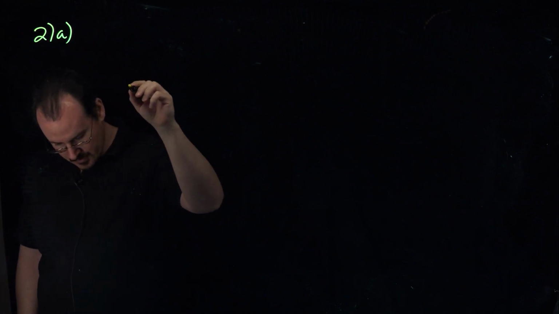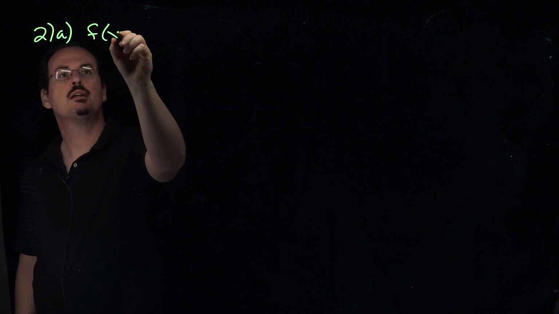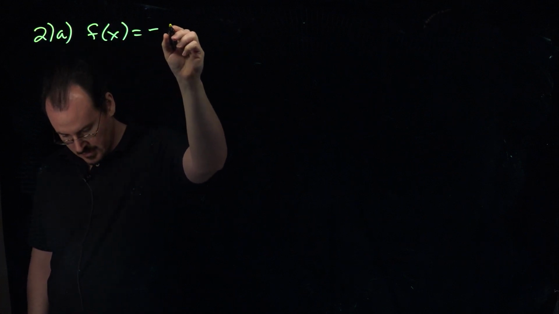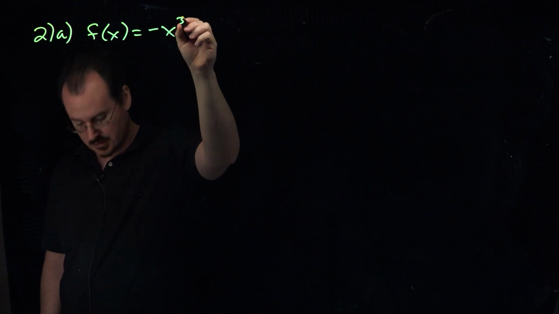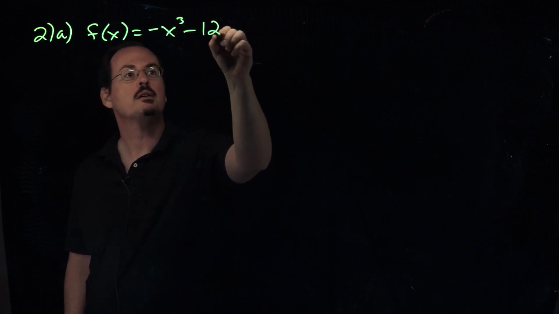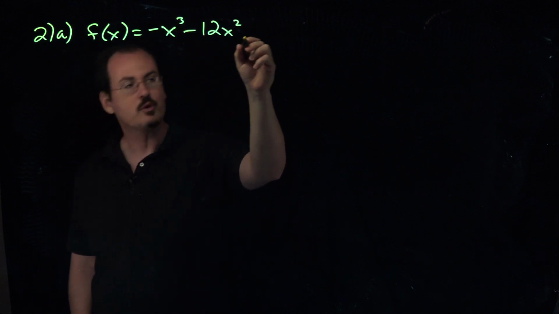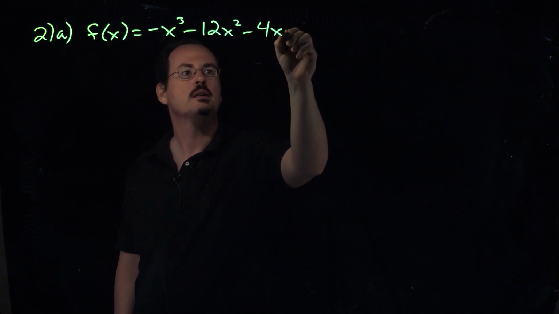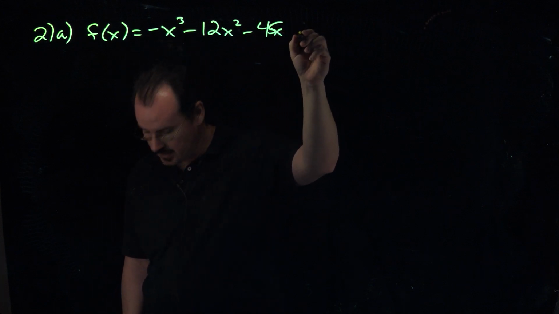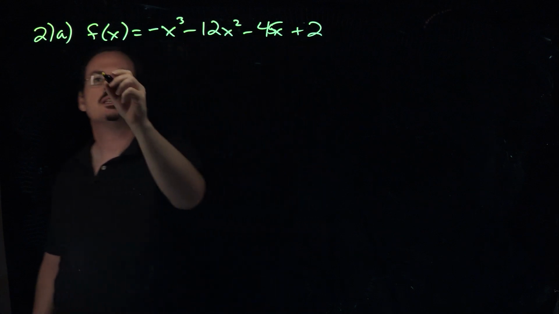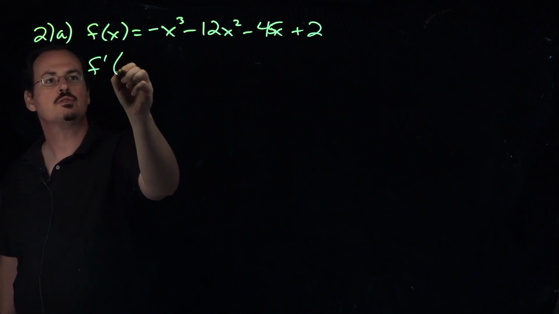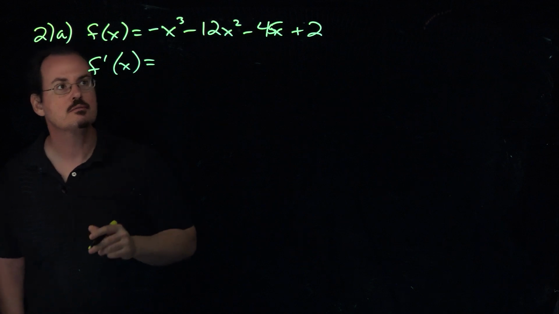Looking at problem 2a from section 5.3. So the function that we're given is cubic, negative x to the third, minus 12x squared, minus 45x, and plus 2. Okay, so we're trying to find the intervals of concavity, so the second derivative is what we